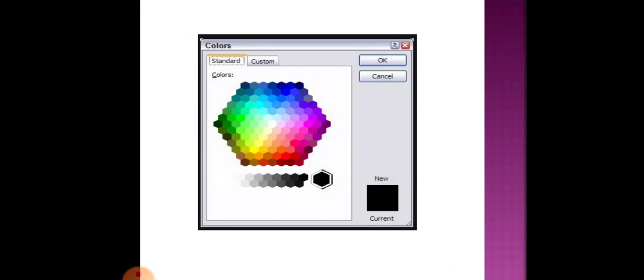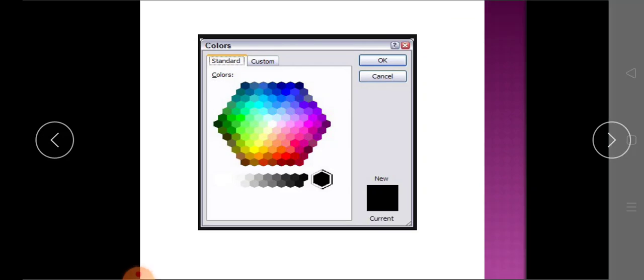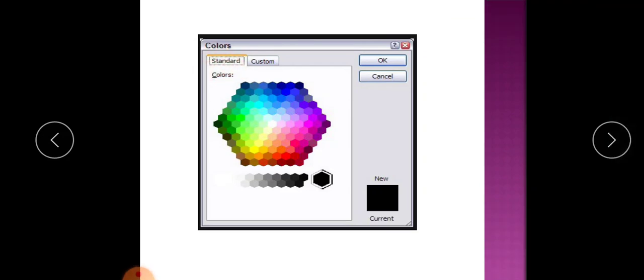Click on the color drop down arrow if you want to select a different color apart from the displayed colors. Select the more colors option from the list. The color dialog box appears as shown in figure. Click on the standard tab and choose the color you want. You can also select the custom tab and create your own color scheme. Click OK. You will be directed to the format background dialog box on the screen. Click on the apply to all button.